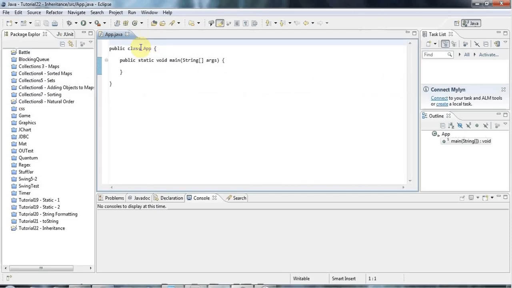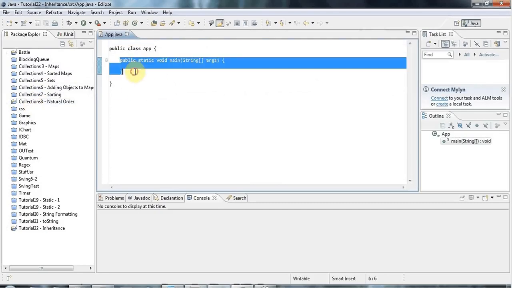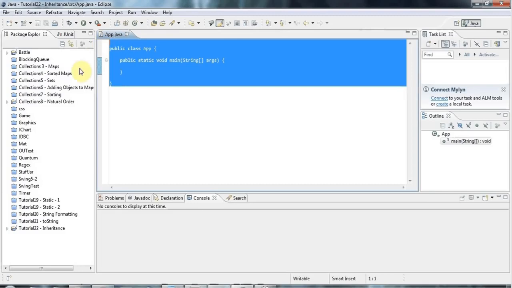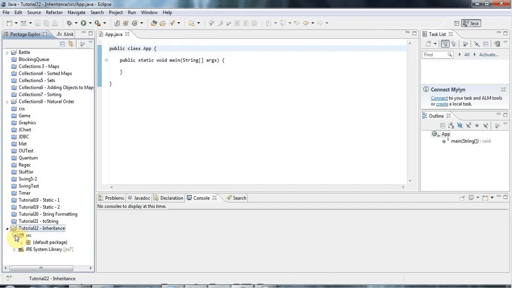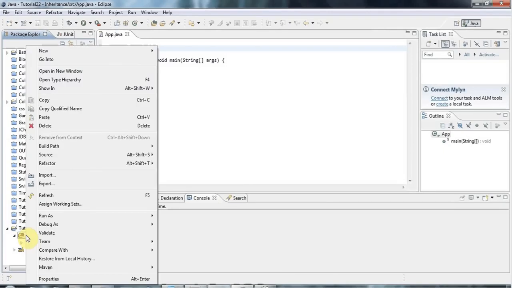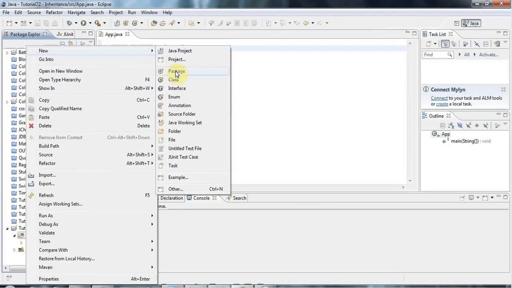Okay, so let's create a new class here. I've got my main method set up in this kind of class in Eclipse, and so far in these tutorials I've been creating classes in the same file, but I'm going to switch now to creating classes in separate files, which is what you will do most of the time in your programs. So let's just expand this, and I'm just creating everything in the default package here, and we haven't covered packages yet. So I'm going to right click the source folder or the project folder, it doesn't matter, and go